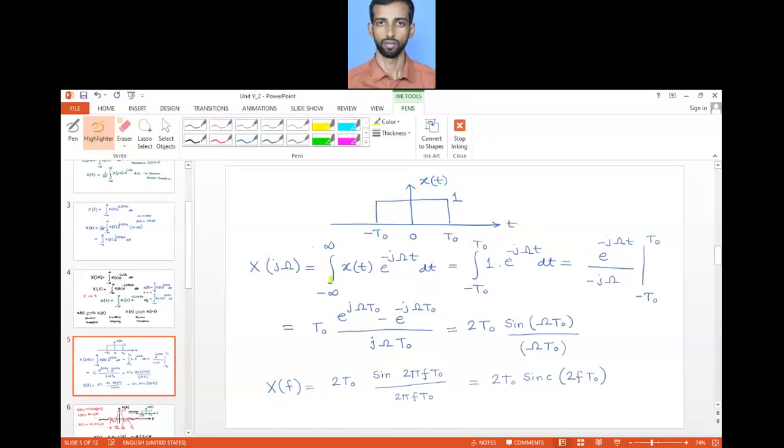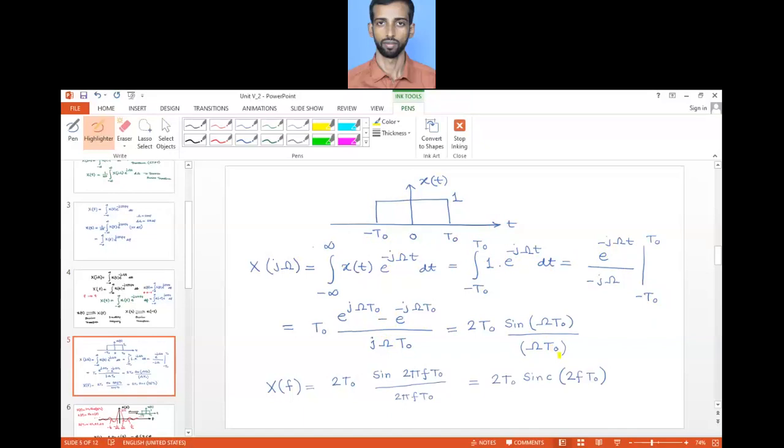This X(jω) we are calculating is given by the integral from minus to plus infinity of x(t) e to the power minus jωt dt. That is the formula for the forward continuous time Fourier transformation. If you substitute x(t) equal to 1 from minus t0 to plus t0, and the rest 0, we just integrate from minus t0 to plus t0 with amplitude 1, e to the power minus jωt dt. That gives you e to the power minus jωt by minus jω from minus t0 to plus t0. And then if you do the calculation, ultimately what you get is